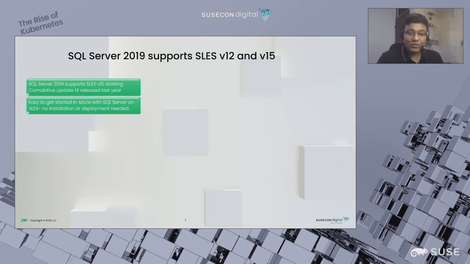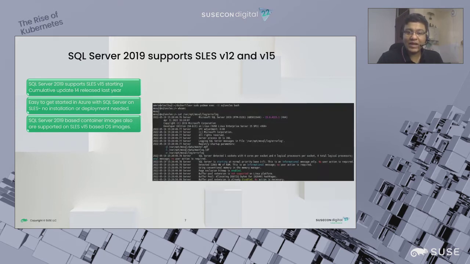The other part that I want to talk about is containers. SQL 2019 containers support SLES-15 base OS images, which means here is one example where I have a SQL Server container, which is running on a host that is running SLES-15, and the container itself is created on the base OS image, which is also SLES-15. So if you remember the support policies, this is a completely supported solution, because your base OS as well as the host OS is the same, and you are running SQL Server on one of the supported configurations. So you can get started with this.